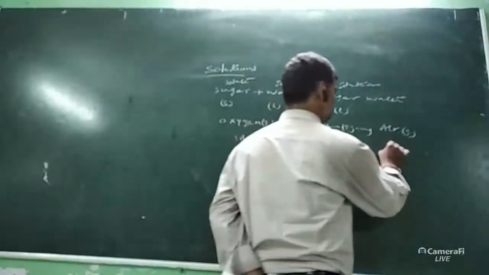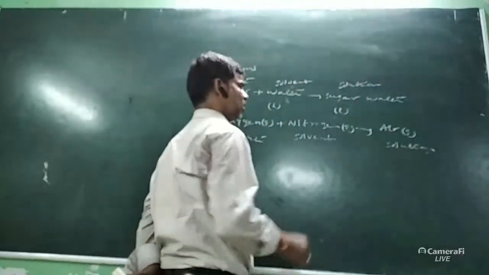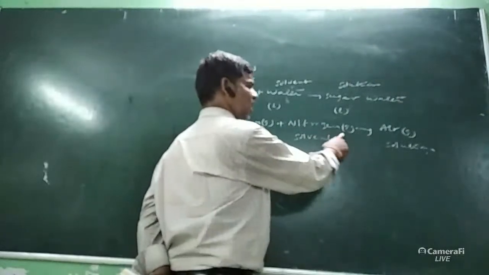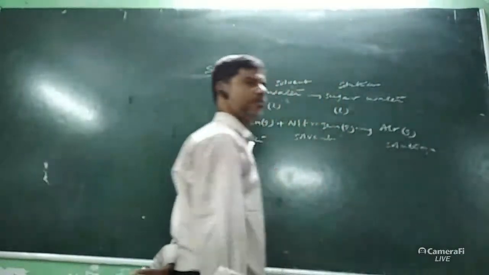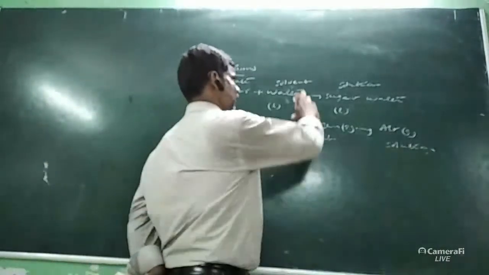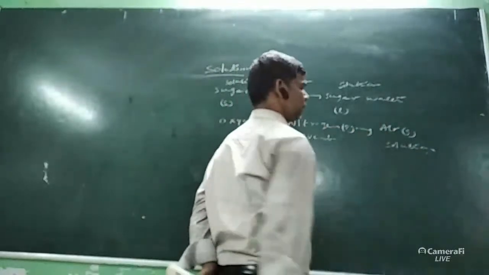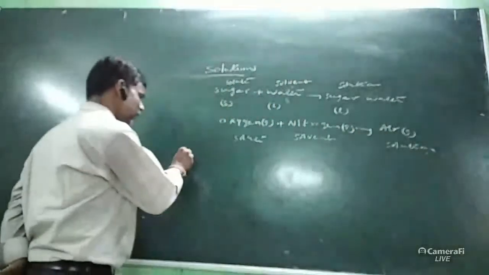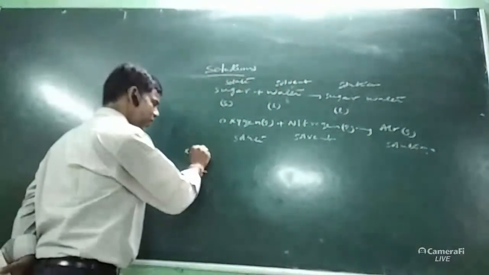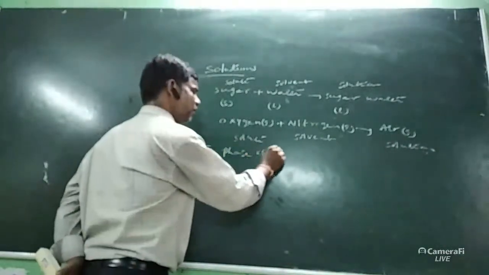So that we have the solution. The phase of solvent is gas, and the phase of solution is also gas, like we have. So the phase of solvent is always equal to the phase of solution. And here, a very, very important point is the phase of